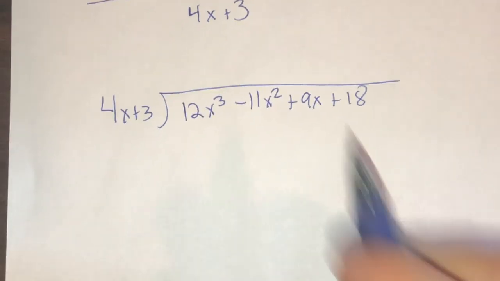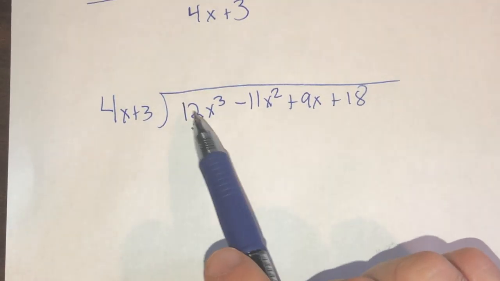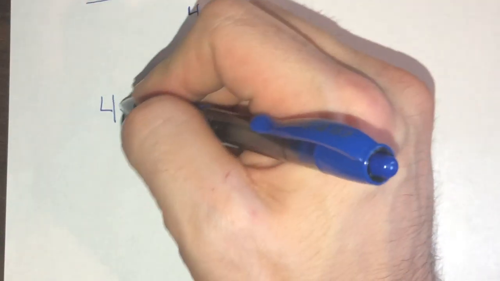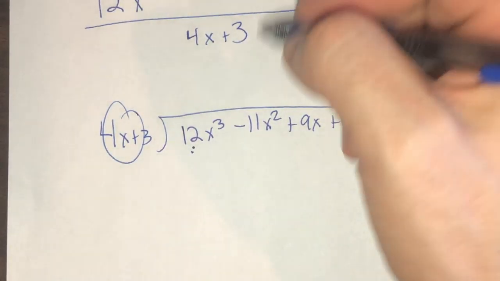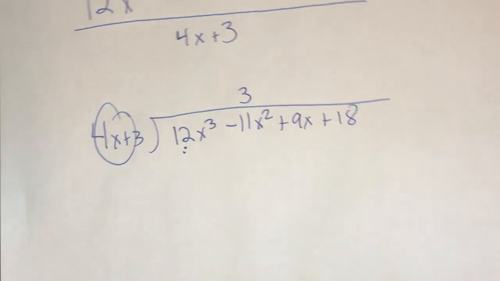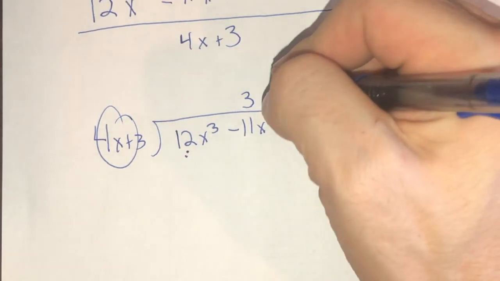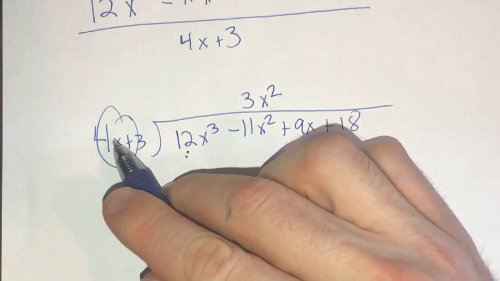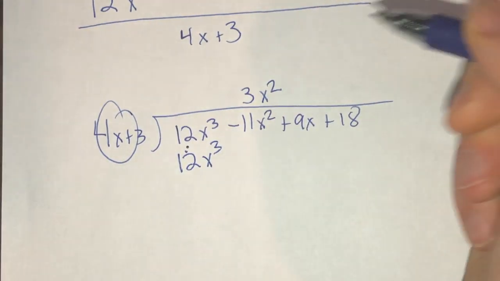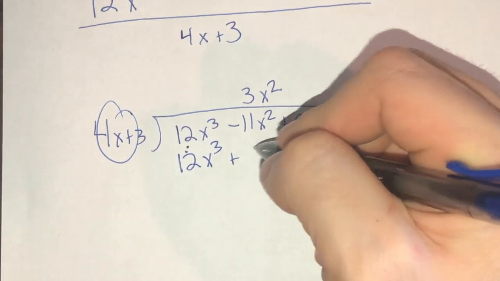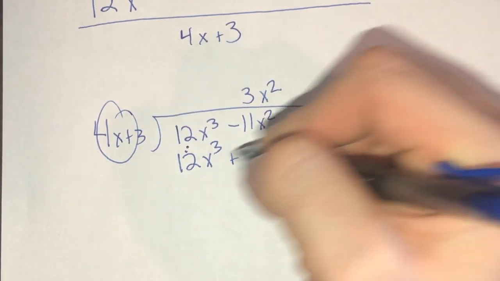All right, let's try our hand at this. Ready? So, what times 4x, remember, get that leading term identified, is 12x cubed? I need 3 to make the 12. I need x squared to make the x cubed. Okay, so I come through, I do my 12x cubed plus 9x squared,